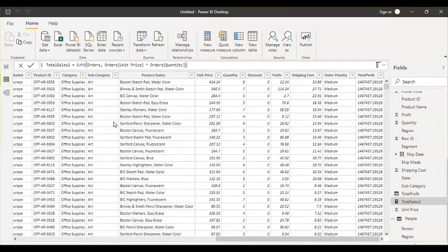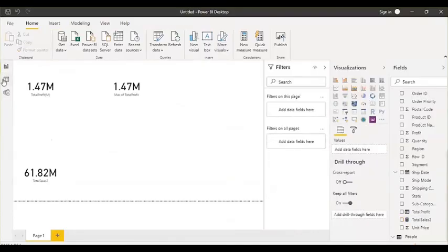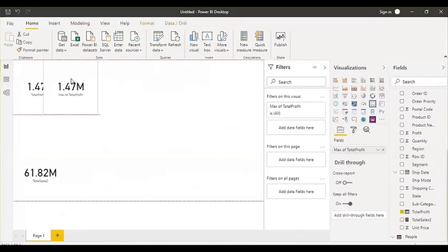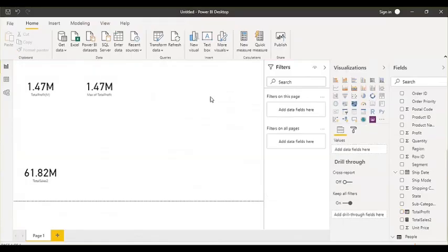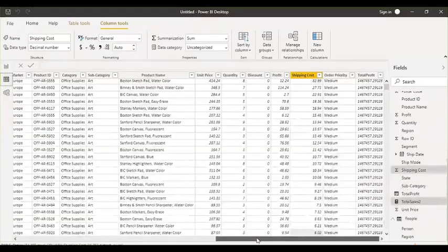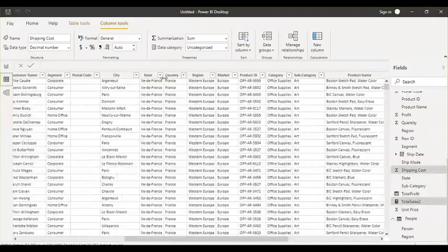Now let's say I have a requirement where I want to visualize my sales on a map. For this purpose, first I'll have to create a column. I'll have to create a country and city column, the concatenation of these two columns. So here I'll have to create a calculated column, not the measure, because it's not a mathematical calculation now. It's just a concatenation. Although I can achieve it using a measure also, it's not recommended.